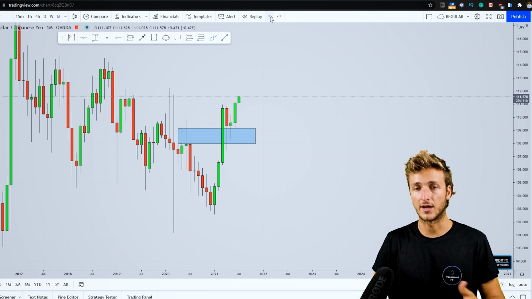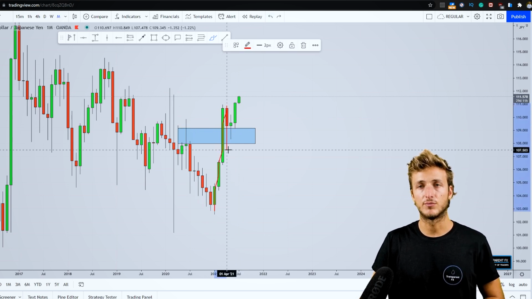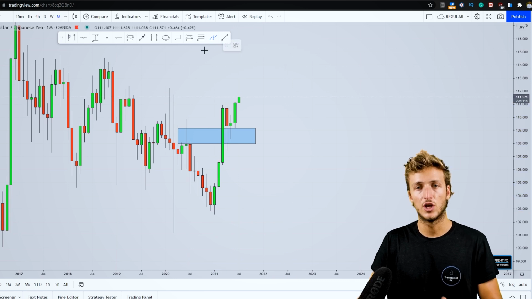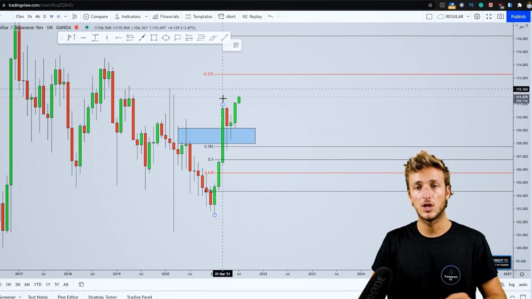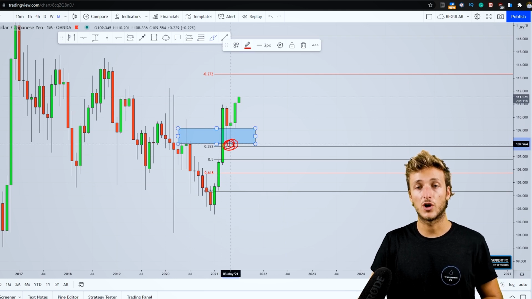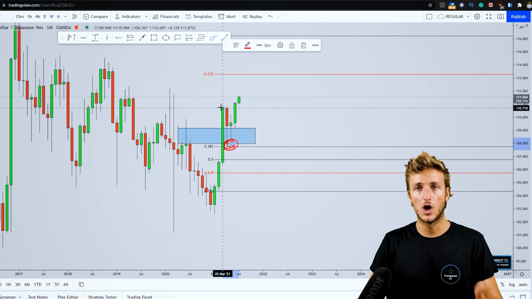And the market tested this previous resistance turned support, creating obviously the rejection to the upside and creating also this monthly higher high. Now, generally speaking, after an impulse, if you want to measure the correction, you have to take your Fibonacci from the low to the high of the impulse. And if we do that, we can see how the market has retraced also to the 0.382 of the Fibonacci